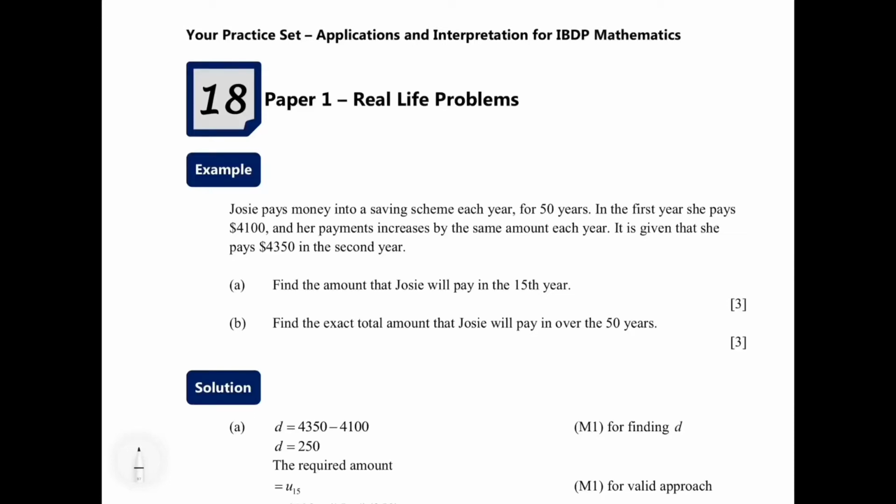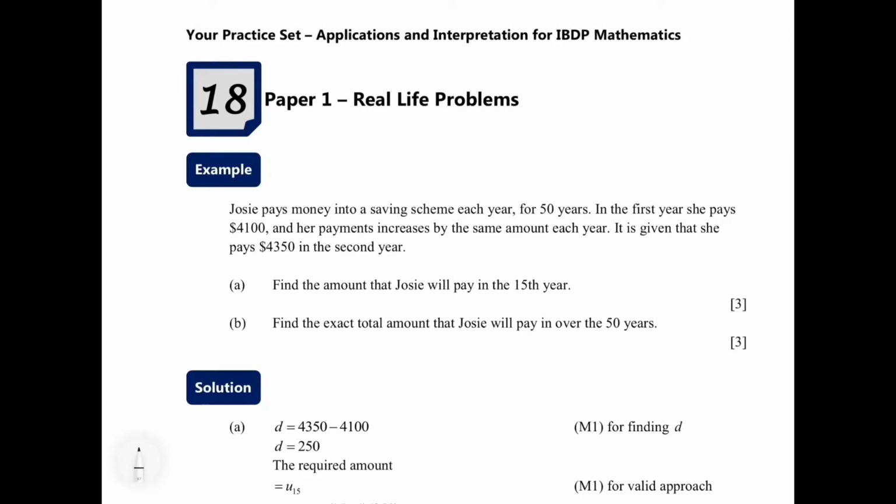So in this video, we are going to talk about one of the real-life problems of arithmetic sequences. So let's try to have a look at the background information. Josie pays money into a savings scheme each year, and it lasts for 50 years. In the first year, she pays $4,100, and it is also given that her payments increase by the same amount each year. In addition, it is given that she pays